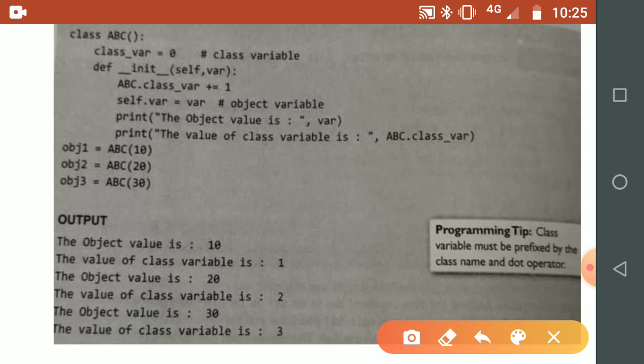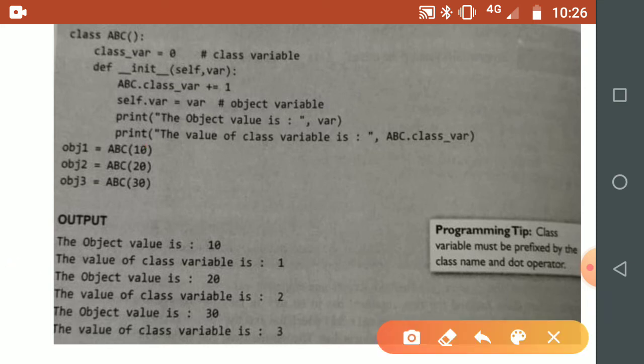So as per the rule, if I create the object of my class, obj1 = abc(10), it means I have created the obj1 object for the abc class by passing some value. Now once we create the object, the init method will get called. From this line the control transfers to the init method call. During object creation I have passed one parameter, 10.